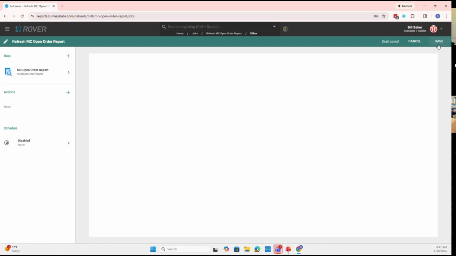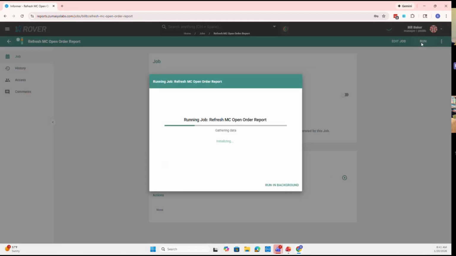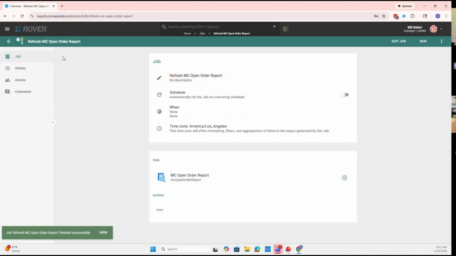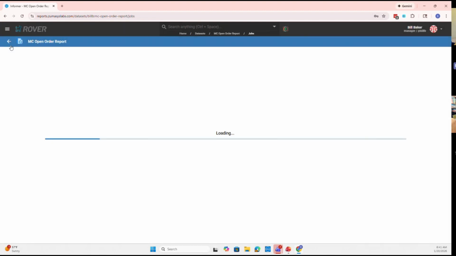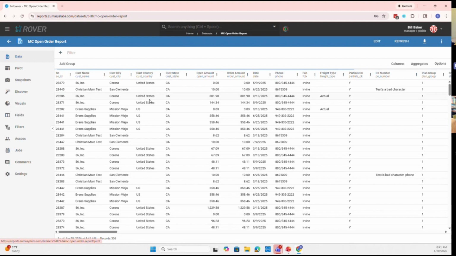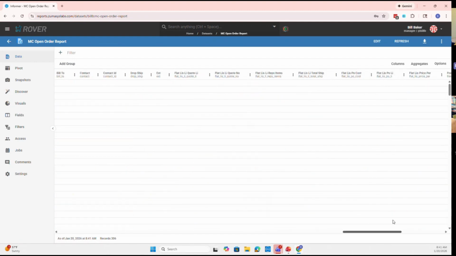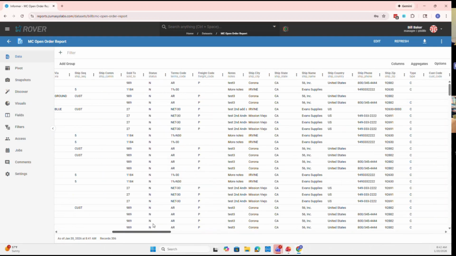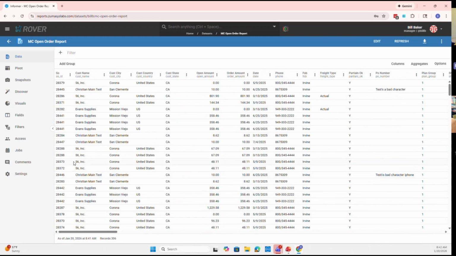So I'm going to go ahead. First thing I'm going to do is save this job. I'm going to see how it runs. Okay, and you can see that one ran pretty quick. It had 306 records, and now we go to the data. Now the data is there. So our exploration's done. We've got the data set that we want, and we've got it automated as far as refresh. Last topic before I kick it back to Tyler for dashboards is